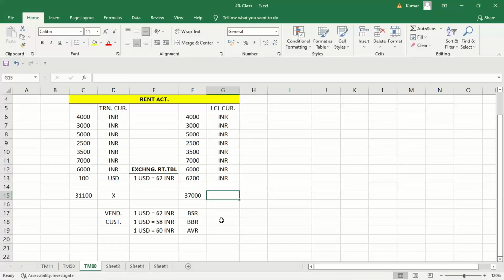Okay, so sometimes what happened? The client says that you just do one thing. So I said, if only vendor is there, then selling rate; only customer, buying rate; and if vendor and customer both, then average rate. Sometimes the vendor says that when you post any AP related transactions in foreign currency, then